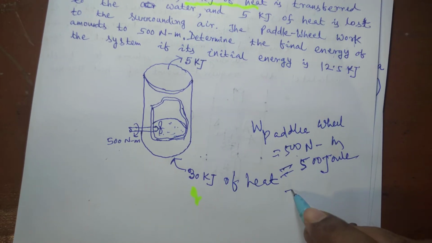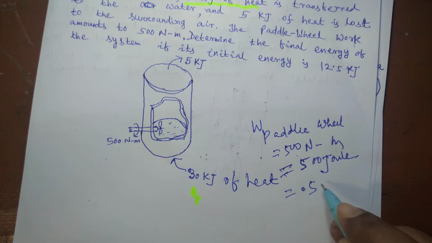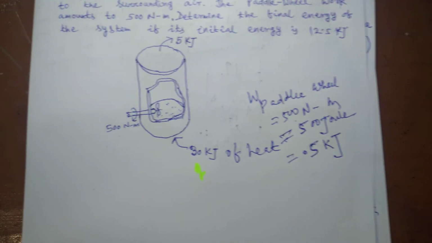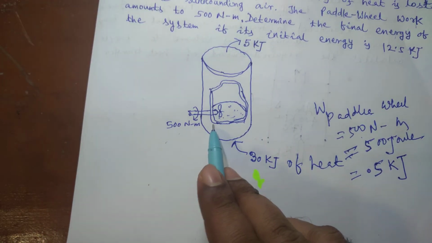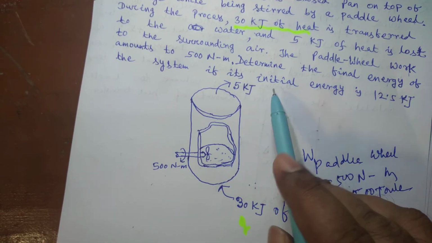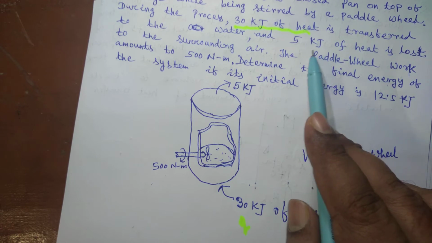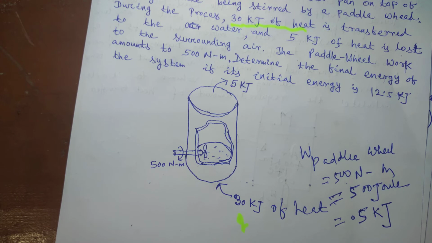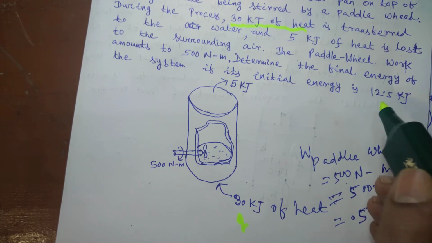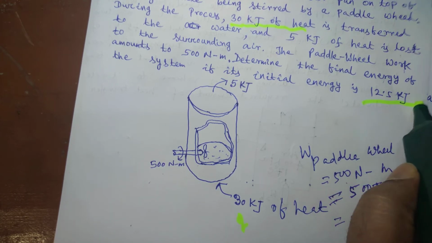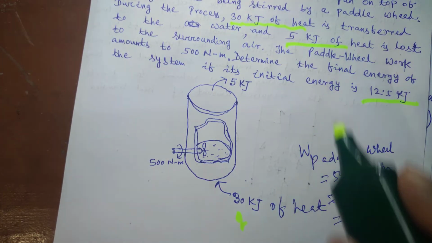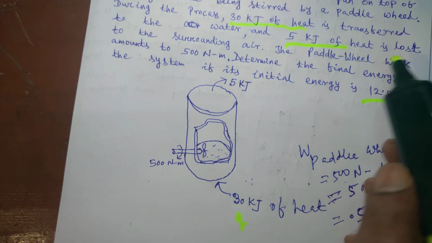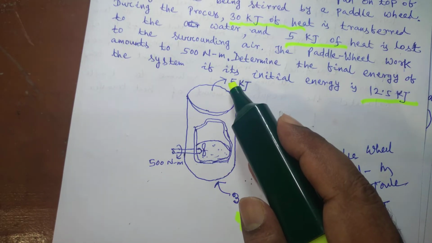500 joule, and it amounts to 0.5 kilojoule. This is paddle wheel work, and then what happens? 5 kilojoule of heat is lost to the surrounding air. So there are three values, three interactions. That is, one is 30 kilojoule of heat is transferred to the water, then 5 kilojoule of heat is lost to the surrounding air here, and